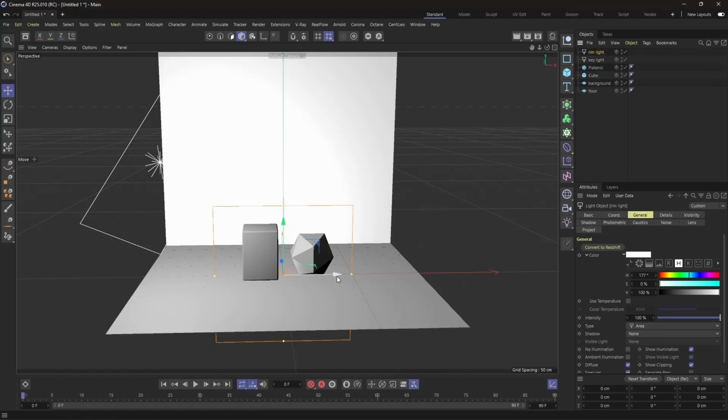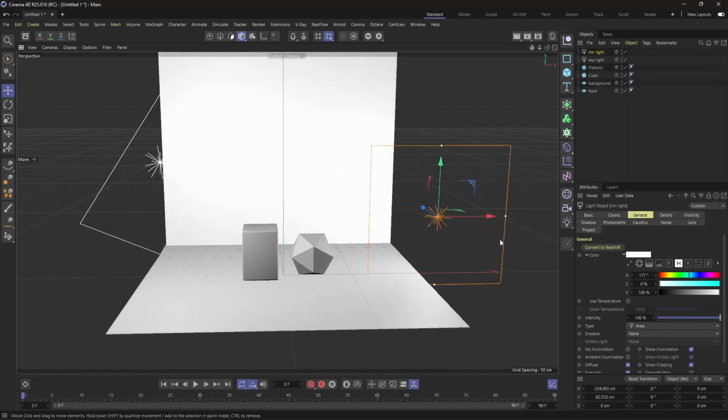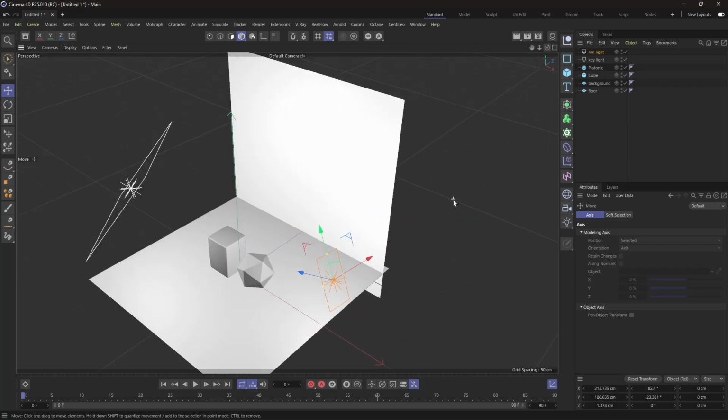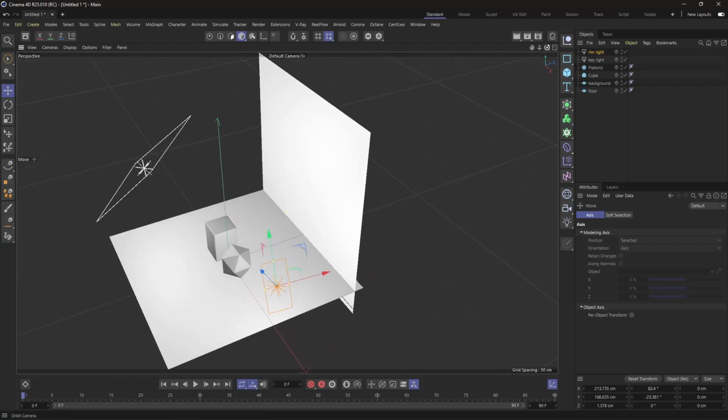Okay, we move it here. Move it up, and then let's squeeze the sides a little bit like this. Then we have to rotate it so that it faces the side of the object like this. Push it a little bit up. So you see how the light is. The key light is lighting our product from a 45 degrees angle like this, and then the rim light,